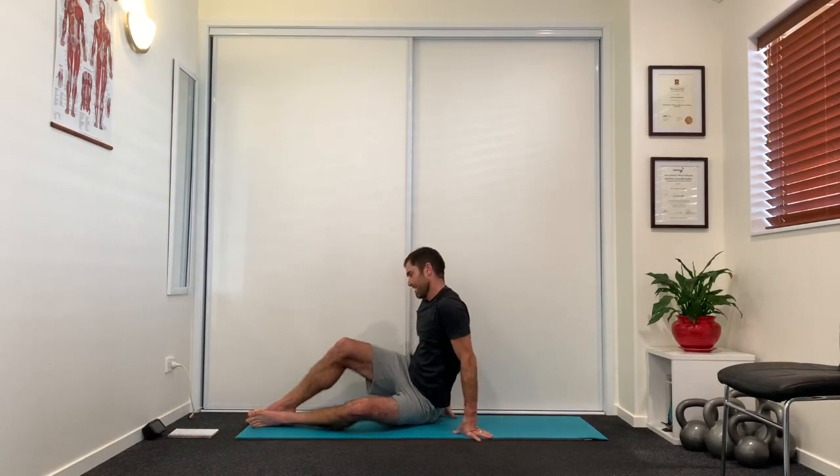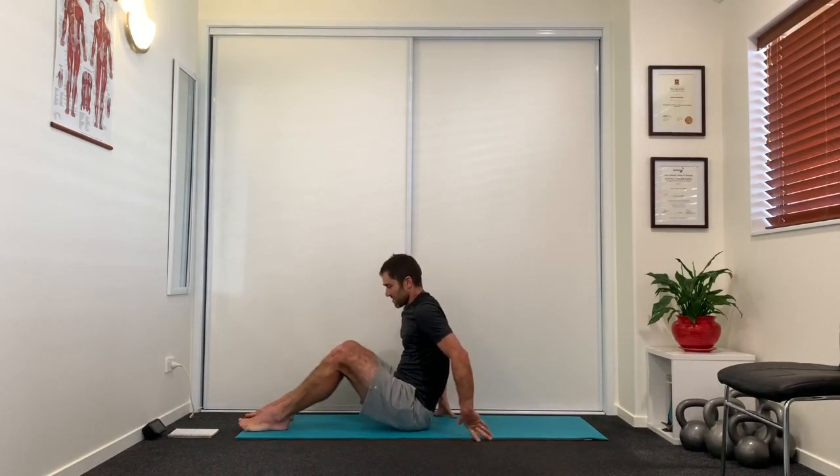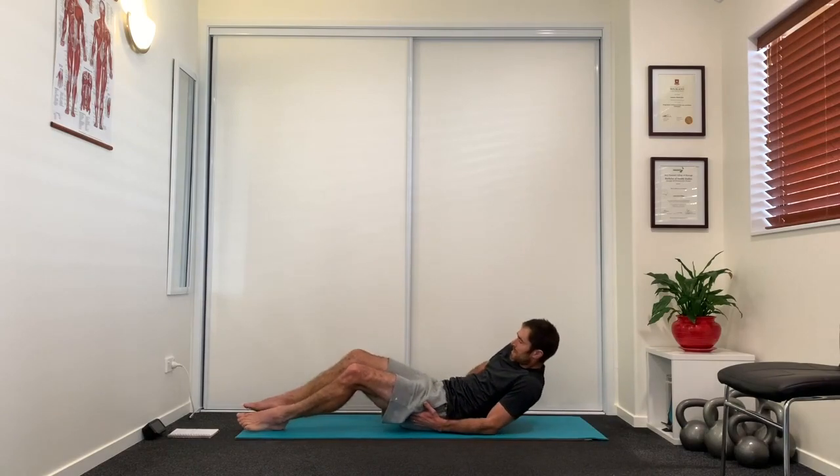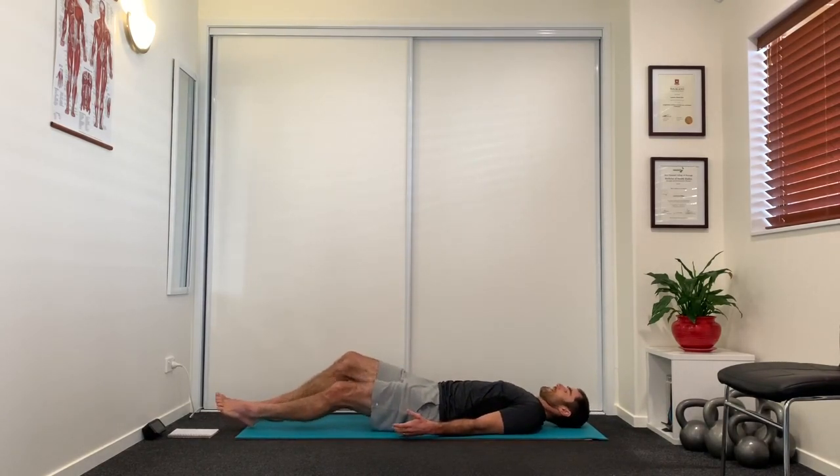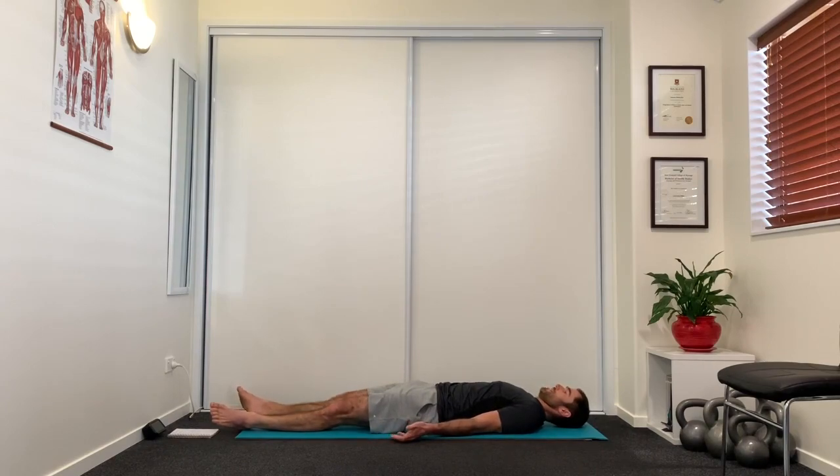Right. For our final posture of the day, the most important one, where we lie flat on our back. Okay, we open up the hands. Open up the feet to the ceiling. Okay, let's get the breathing back into check. Okay, this is important because